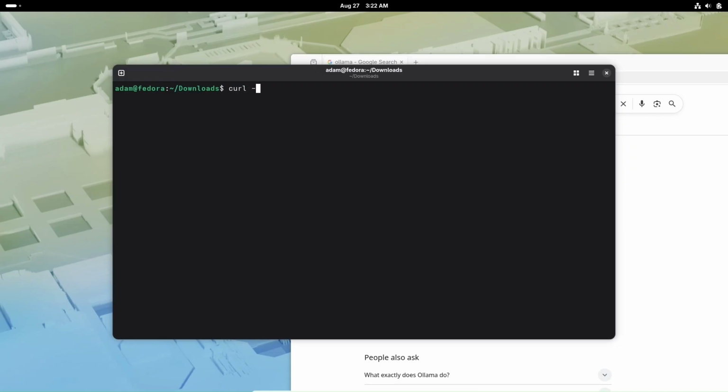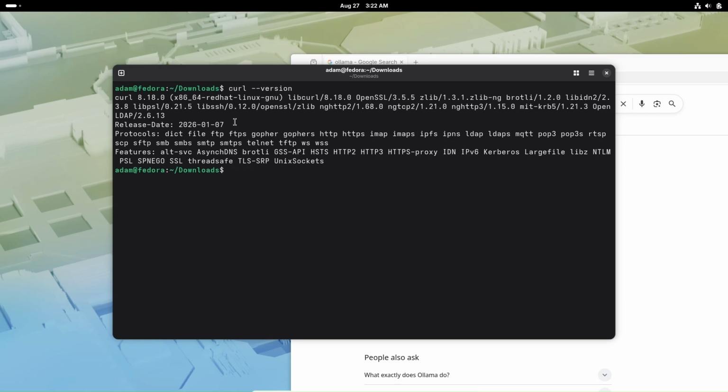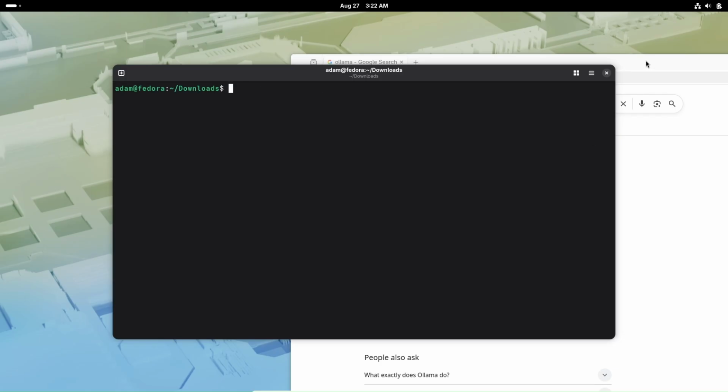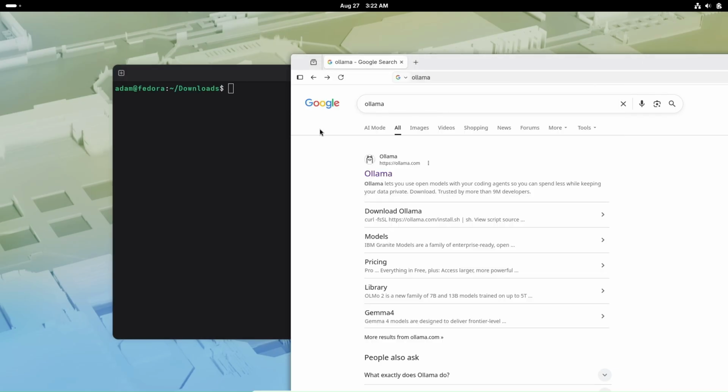So if I test curl, is curl installed or not? By default, curl 8.18 is already installed. Now the next step: in the Google search box, search for Ollama, then go to the ollama.com